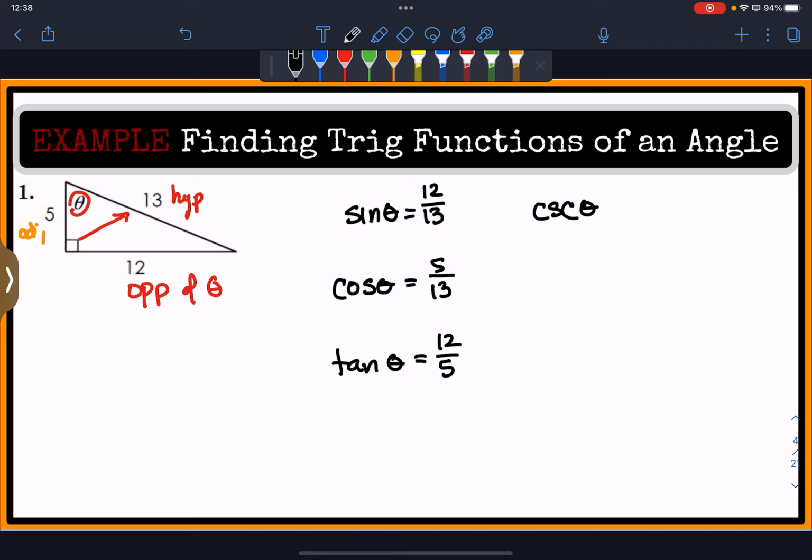cosecant is 13 divided by 12. Here, let me start over. Sine again is defined as the opposite divided by the hypotenuse. So since the opposite side measures 12 and the hypotenuse